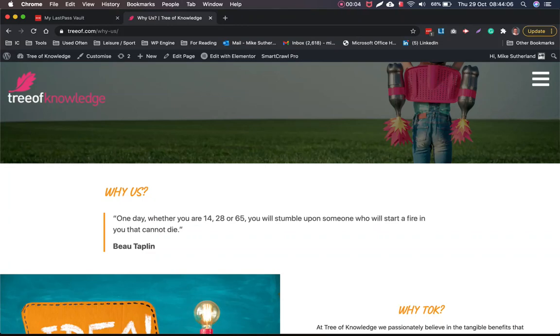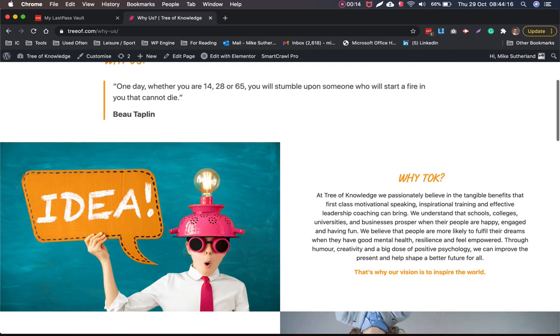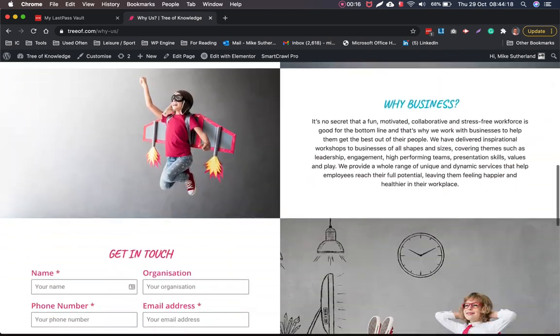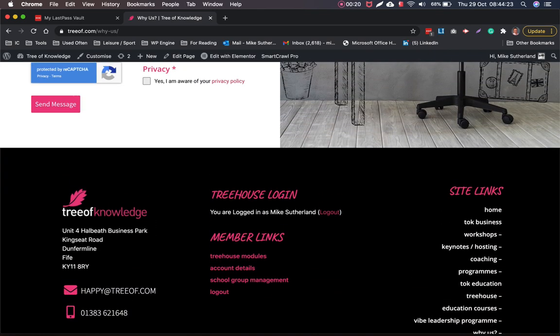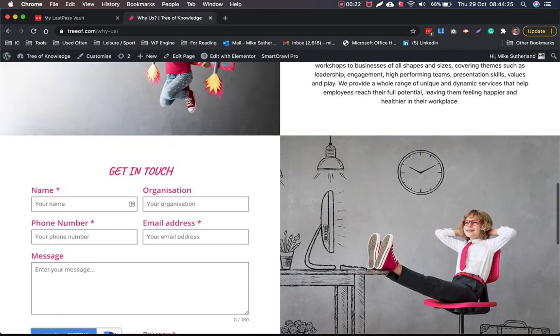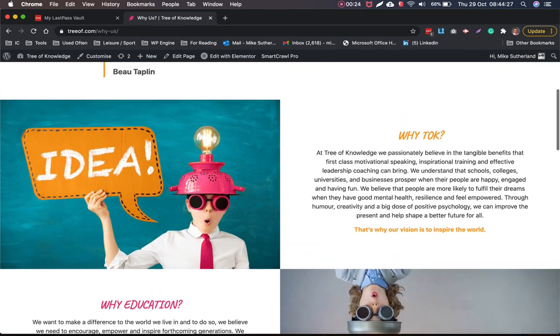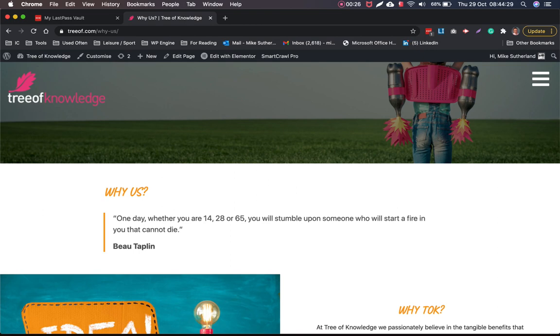Let me take you through some of the basics of the Elementor editor. In most cases, we'll just keep this quite simple and you'll just be editing text that's already there. If I take an example of a page for the tree of business, this is actually quite a complex page in terms of how it's laid out. So if you can get to grips with something like this, then it would be easy to do the simple